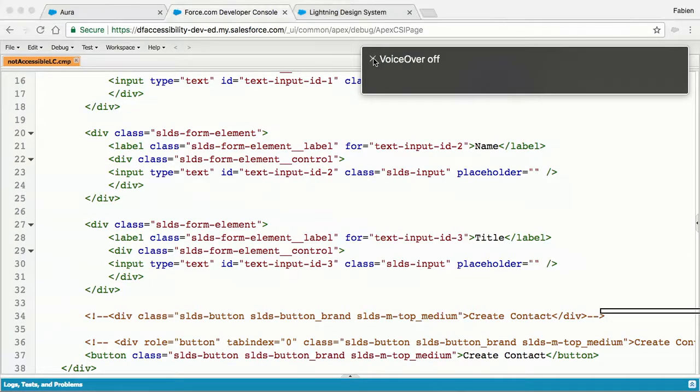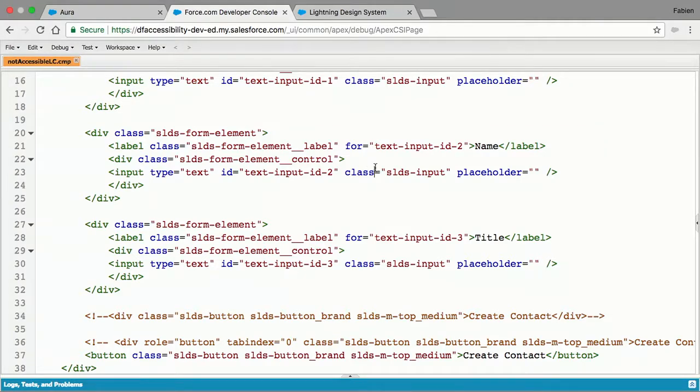let's remove that. VoiceOver off. I changed four inputs, four IDs, took me 30 seconds. Change a div to a button, took me 10 seconds. So let's say in a minute, I switched from a non-accessible Lightning component, not accessible at all, to a component